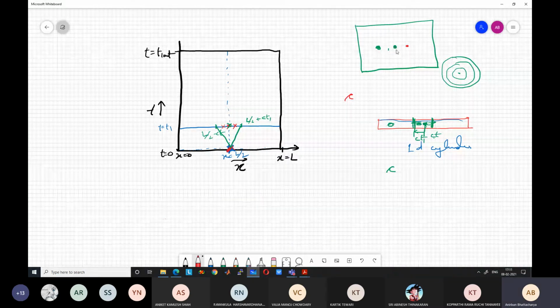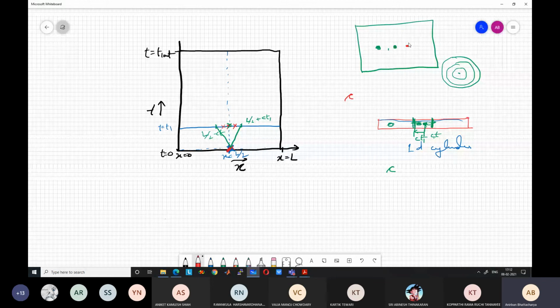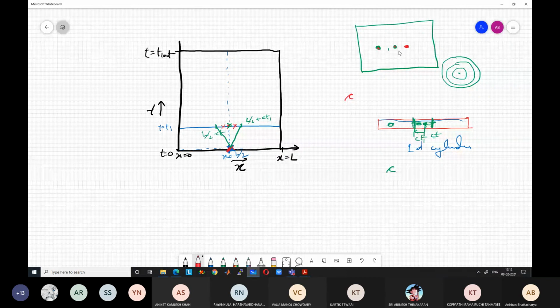I have thrown a big stone here, and at time t equal to 0, instantly when I have thrown, the time is 0. I have a stopwatch, I put the time 0. And two persons are there. One is sitting on a boat here, one is sitting on a boat here. Will this person feel anything that the stone has been thrown? They are blindfolded, so they cannot see anything. They can just feel that the boat will go up and down when the wave arrives. When will this person feel that the stone has been thrown here?